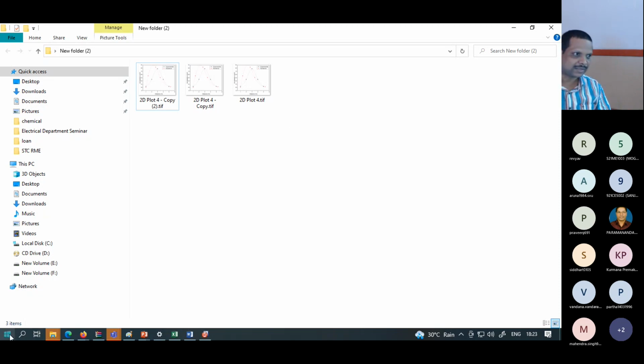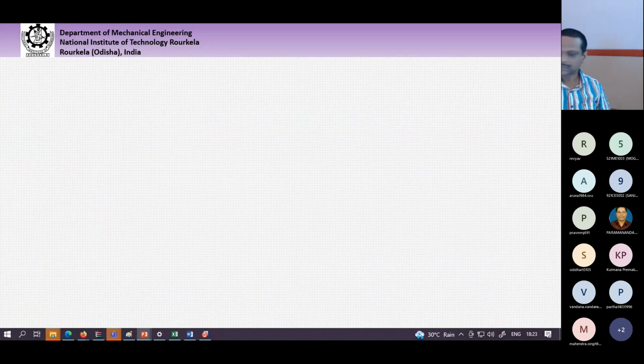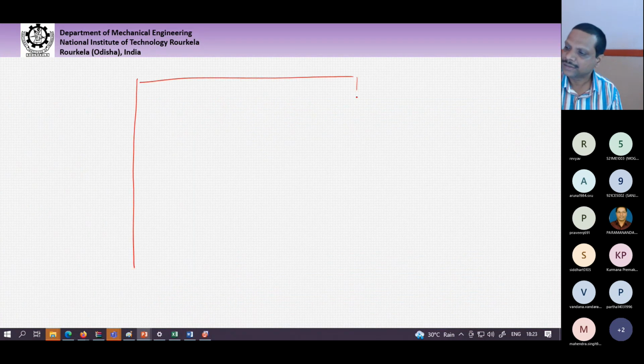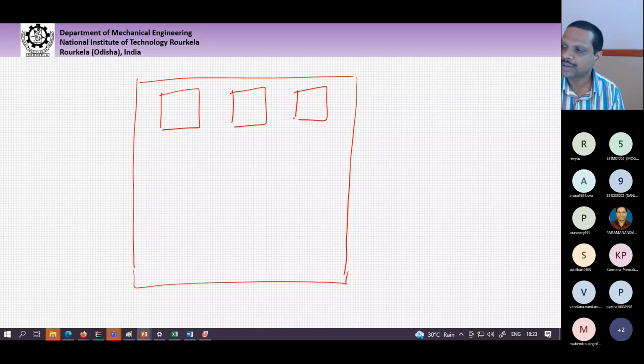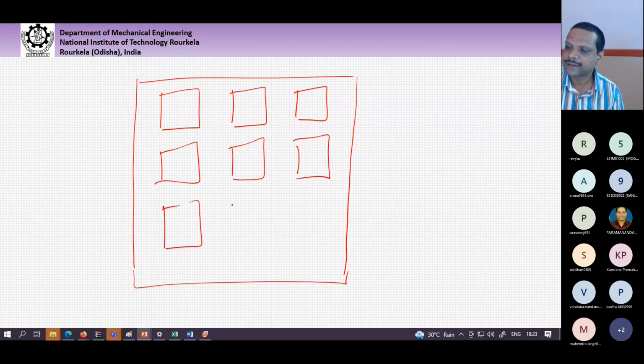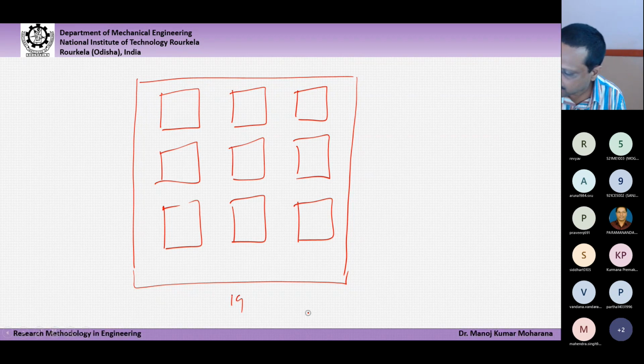Here I made one small mistake. We are going to create one single figure. This is the canvas. This canvas will contain 9 plots. 1 plot, 2 plot, 3 plot, 4 plot, 5 plot, 6 plot, 7, 8, and 9 plot. And this width is how much? 19. Clear? This height does not matter. So that means roughly